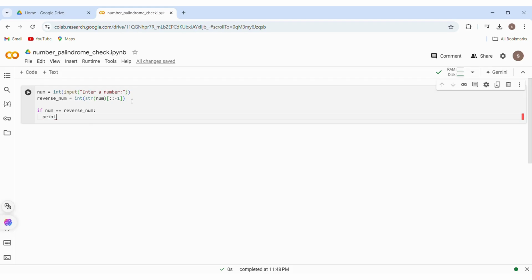print f. Here we are using an f-string. In f-strings, whatever the expression present in the curly braces, we evaluate in the runtime. Here we are using num is a palindrome. Next, else command, else